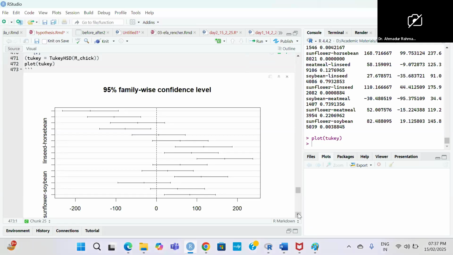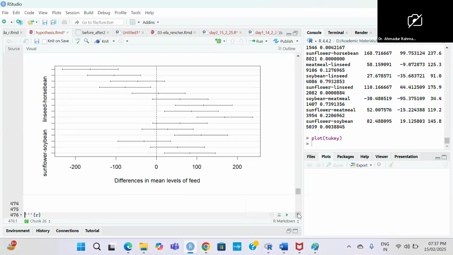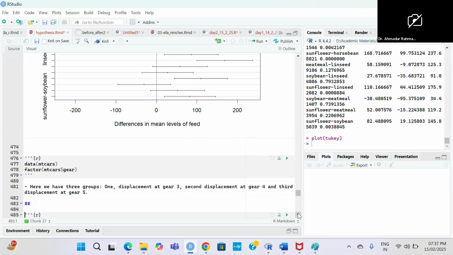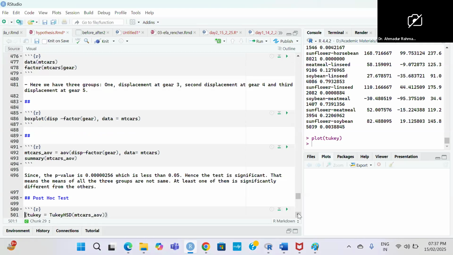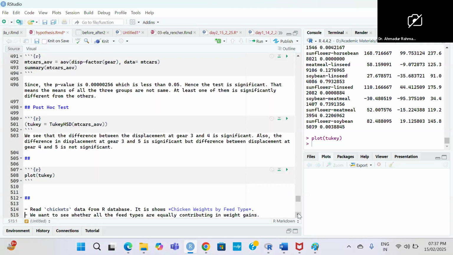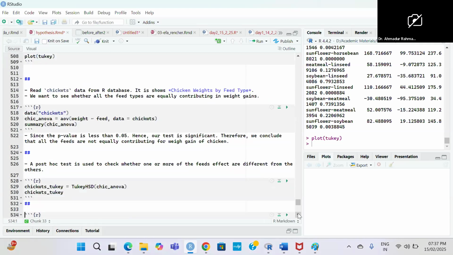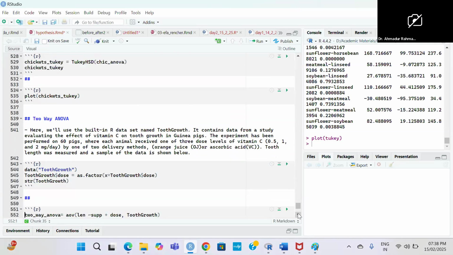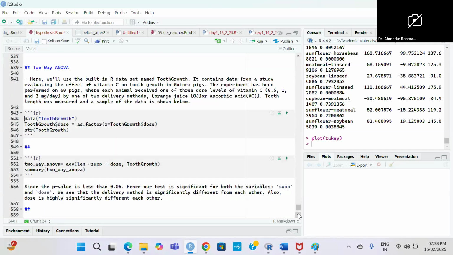Okay, so this is the explanation of analysis of variance for one way ANOVA. और इसी तरीके का टू वे ANOVA का भी कर लेते हैं। टू वे ANOVA, सो यहाँ पे सिर्फ एक फैक्टर था, फीड फैक्टर था। हम एक टूथ ग्रोथ डेटा है, टूथ ग्रोथ डेटा ऑफ पिग्स है, और उसको दो तरह के जूस और वो दिए गए हैं, उनका डेवलपमेंट देखा गया है, उनको अलग अलग लेवल की विटामिन दी गई हैं।